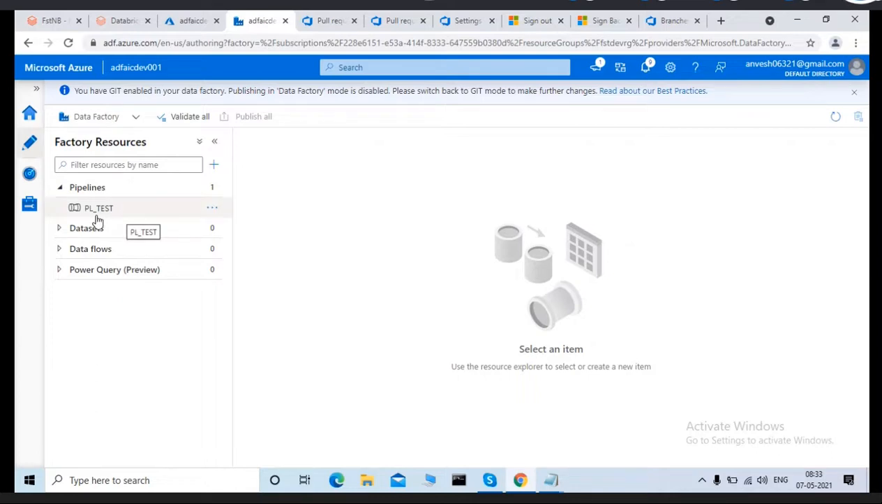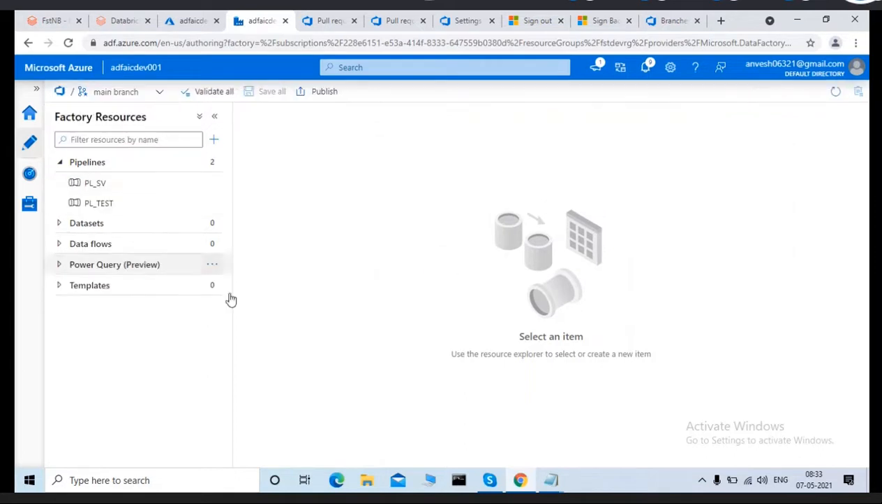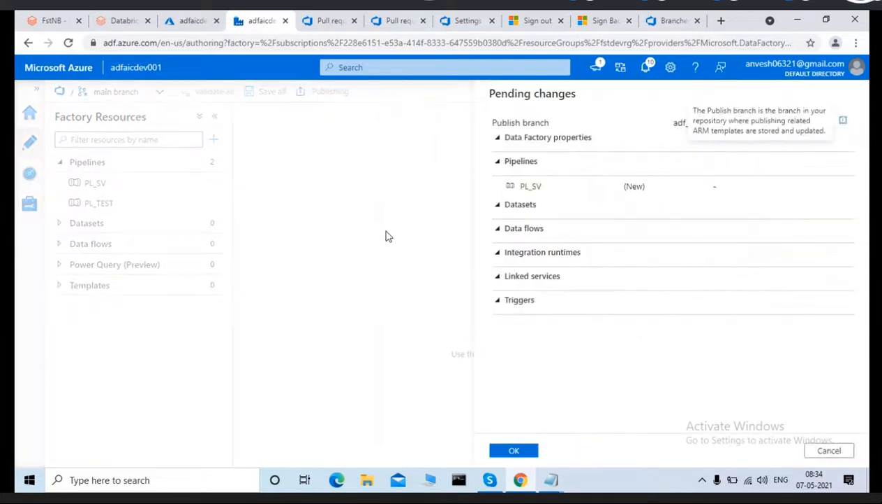All right. What is the next requirement? I have to move the code from main to the live mode, right? Main to the live mode. All right. From the main branch, you have to do the publish. You have to do the publish. Right. Before publish, let me go to